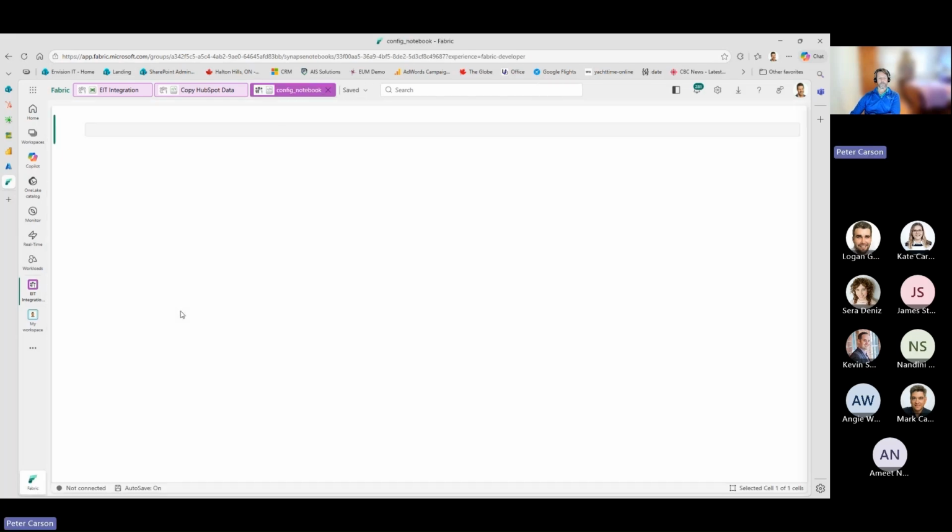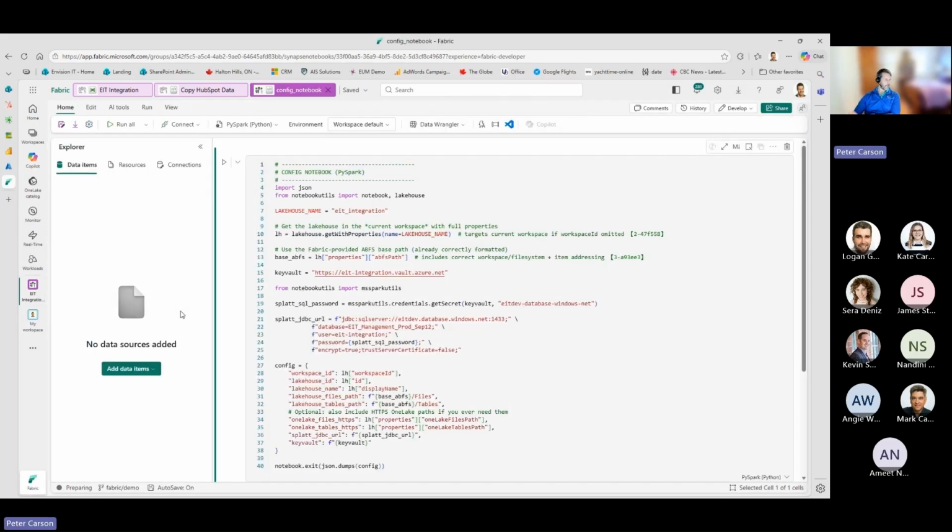we're not going to see anything secret in here, so I don't need to worry about the recording because we are using Key Vault to store any secrets. So things like passwords, tokens for accessing HubSpot, stuff like that, all comes from Key Vault. And Fabric has permissions to read those secrets out of Key Vault. You never want to put those secrets into your code itself. It's dangerous from a security perspective.